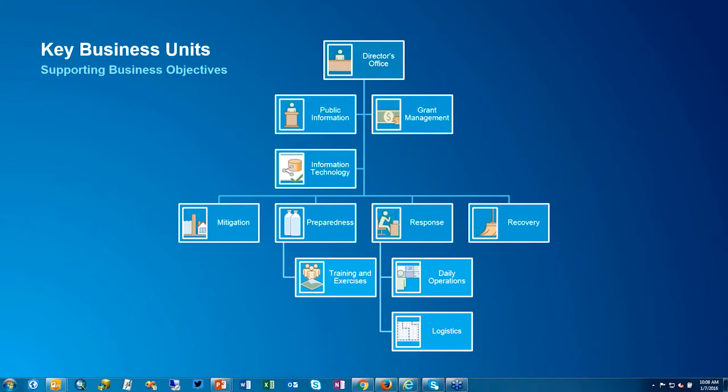So all these business units are involved in using location information, not just in the time that an operation center is in an increased state of readiness or activated, but all year long, so that they're more prepared to operationalize that in those periods of activation.